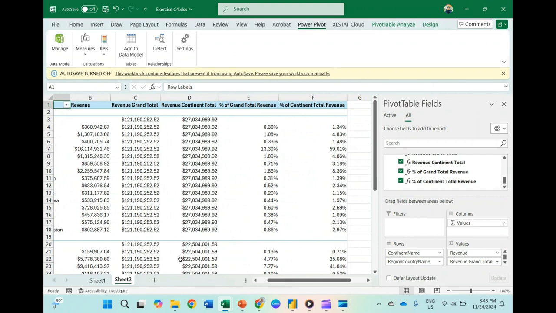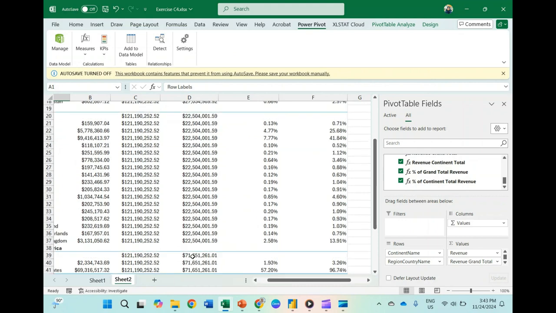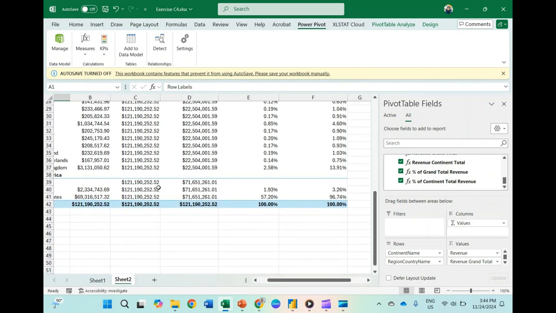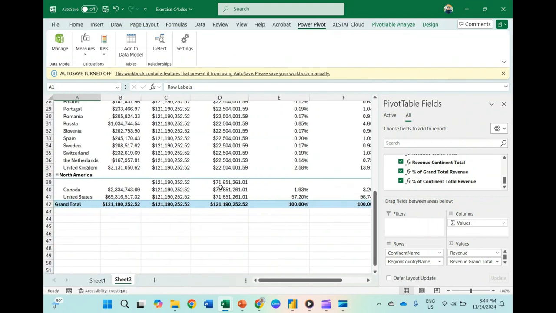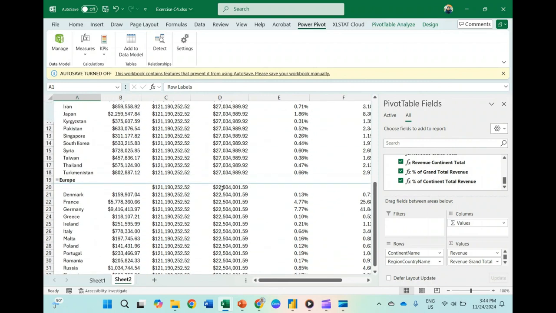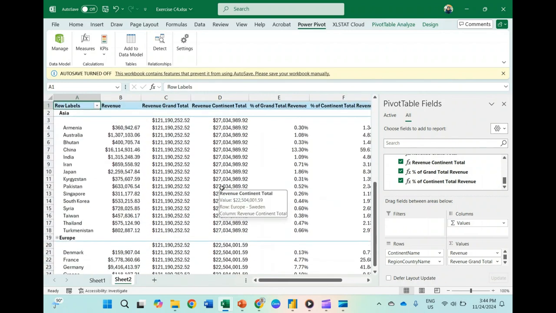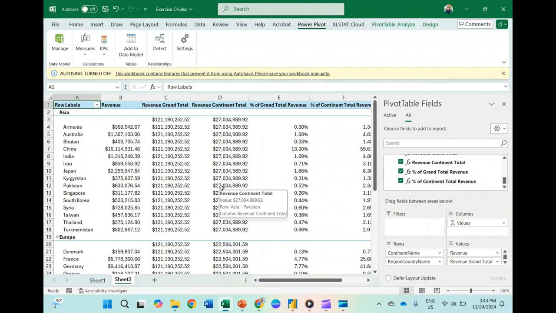This is the percentage from 22 million. This is the percentage from the 71 million. This is how you can create the percentage to show filtering, based on a certain group. Not only can you base it on this continent.